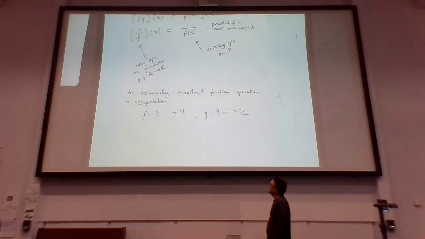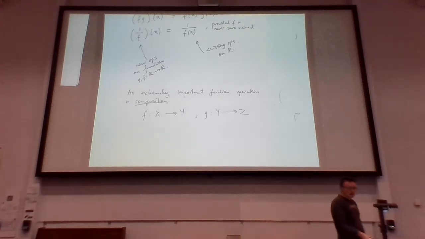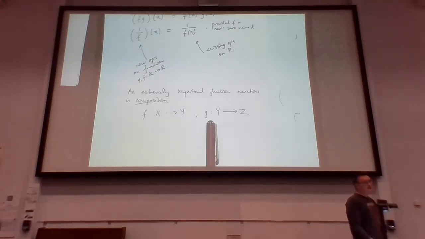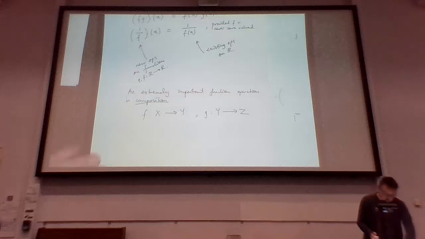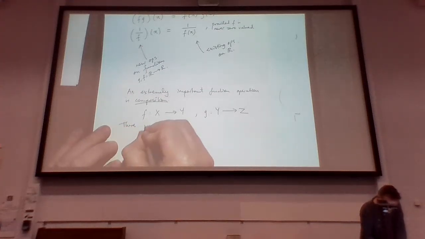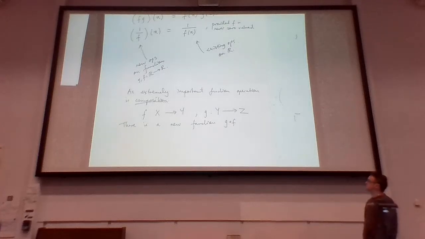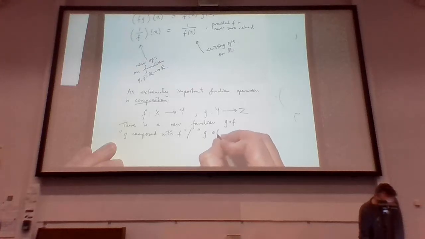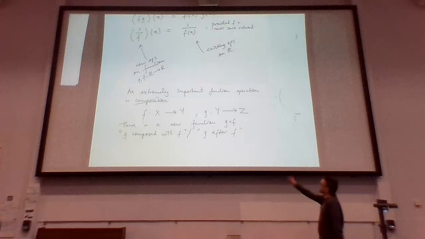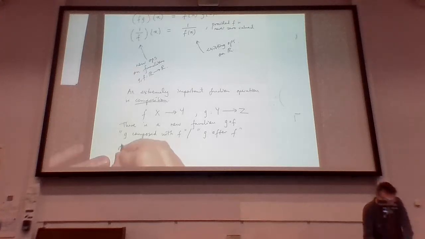Now these look like two general functions, except there's something special about the relationship. The codomain of f is the same as the domain of g. So the values of f live in the same set where g takes its arguments from. This means that we're able to compose these two functions. There is a new function written as g circle f, read as g composed with f, or alternatively g after f. So that's how we write it, g circle f. We read it as g composed with f, or g after f. And the definition of this function